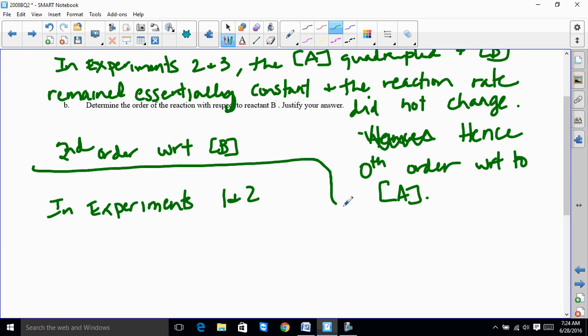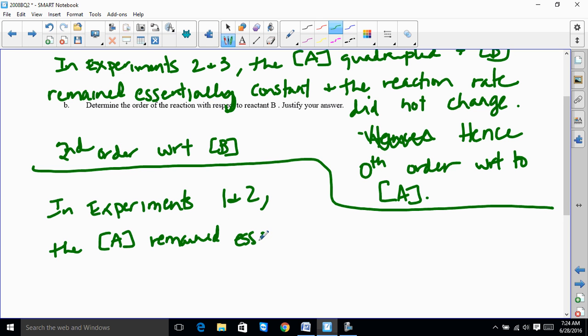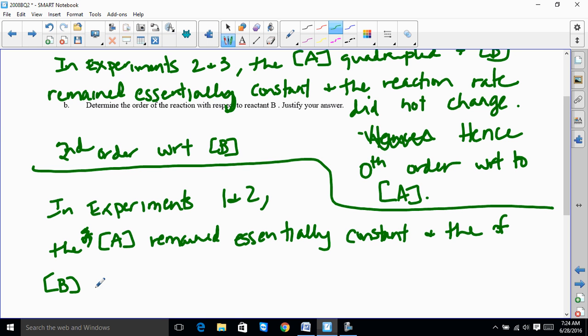So let me just do this because that's A, this is B. The concentration of A remained essentially constant, and the concentration of B, it's hard with those brackets, quadrupled,